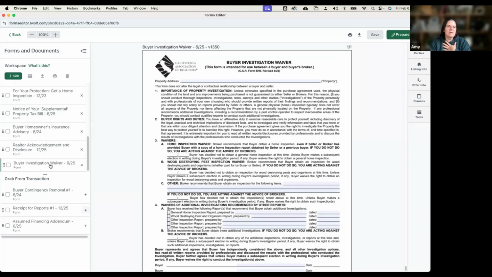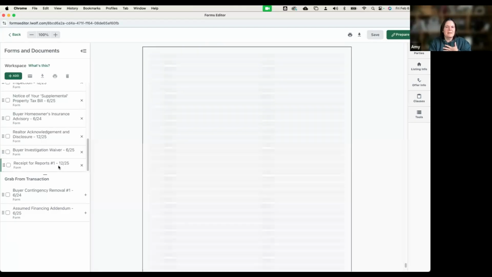So there's a couple different ways that you can acknowledge reports received. We can have our buyers sign the first page of every report. I think that's tedious and long and cumbersome. I like the receipt for reports because it puts it all in one place. And it also provides a spot not just for the reports that, or did they split it? I believe this form, I'm going to double check, provides a spot for reports they received from the seller